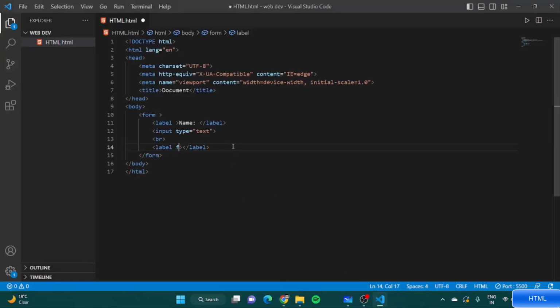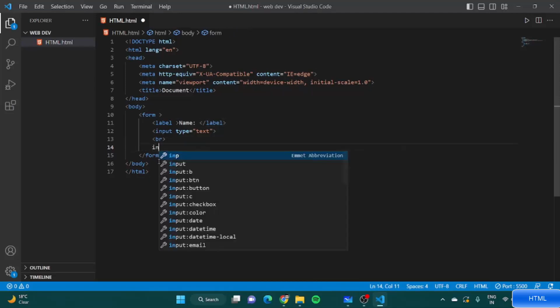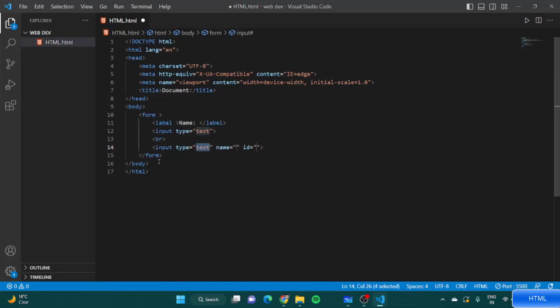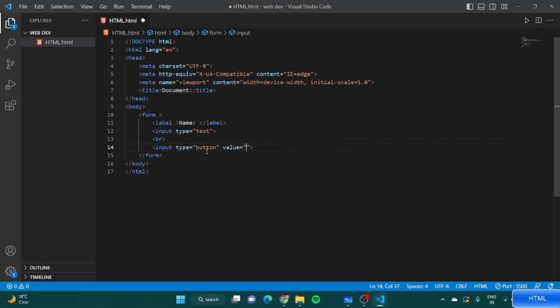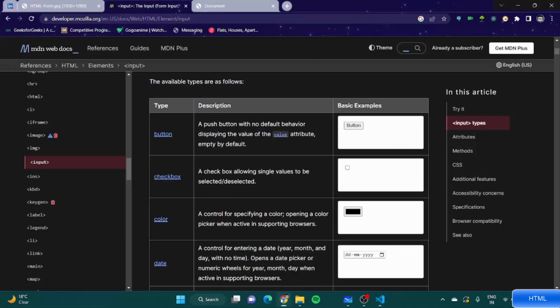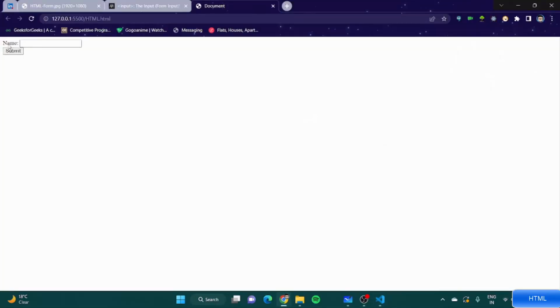So let's just remove the label for now. I mean, we don't need a label right now. Let's just write input type button. Okay, let's just remove this input and we can just have button here. Let's have value as submit. Let's just save it and let's just go to a web page. Let's see. Cool. I mean, see, it's not aligned or anything, obviously, but